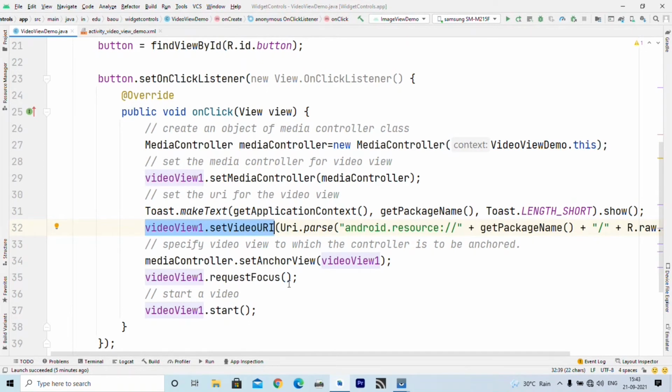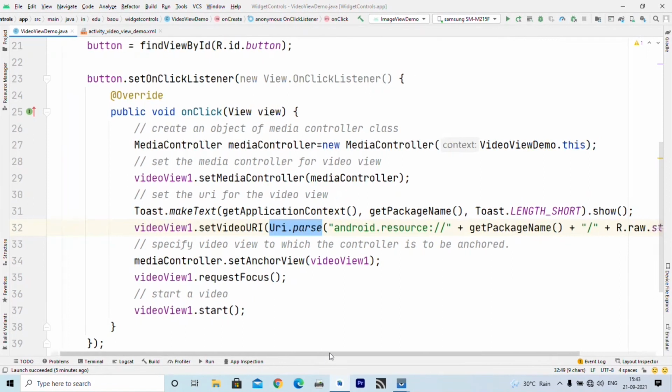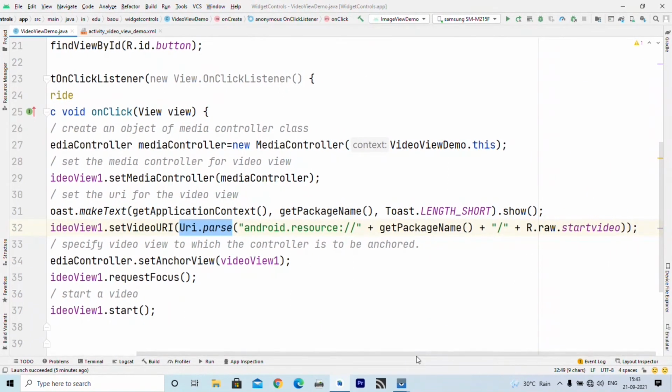Now set video URI takes a URI as an argument. How can we generate a URI from a string? For that we have the URI.parse method, and the actual location or name of our file which is stored in the resource folder we can specify like this: android.resource, then we have to write a colon and 2 slashes plus our package name.